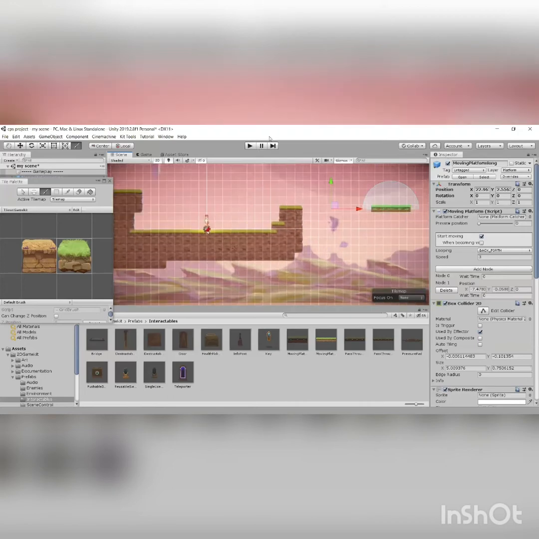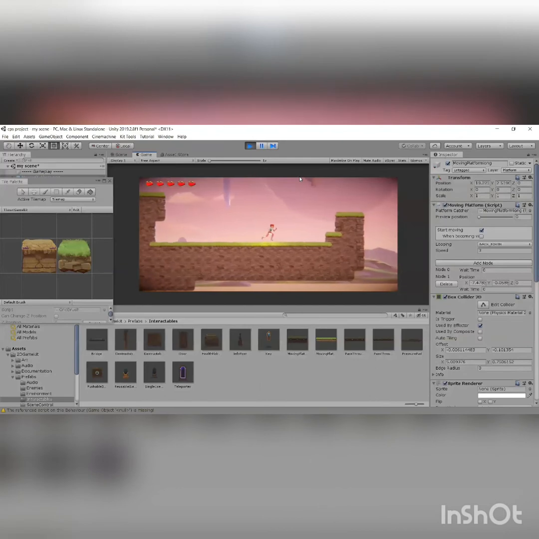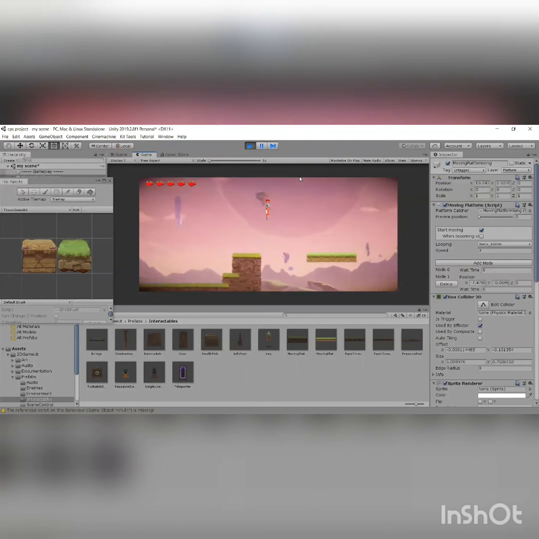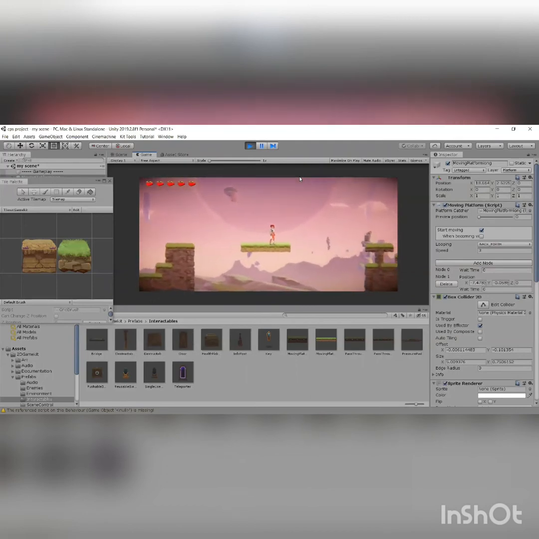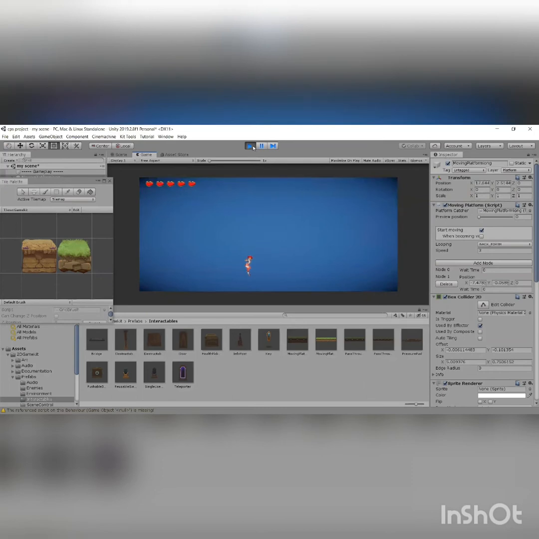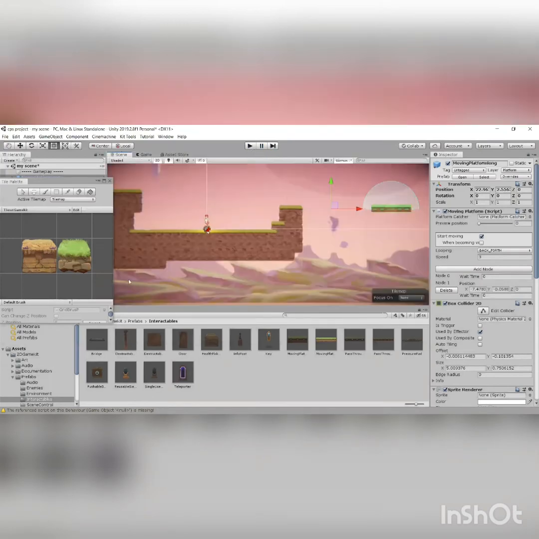If we go on to the game menu and start the game, you can see that there is now a movable tile in our game. If we are to fall down, then the game will crash because we have not yet put any sort of obstacles beneath the level. So what we're gonna do is go on back to the scene view,